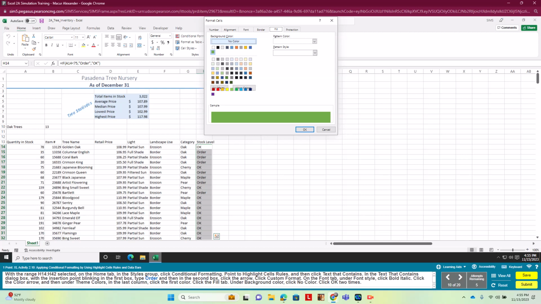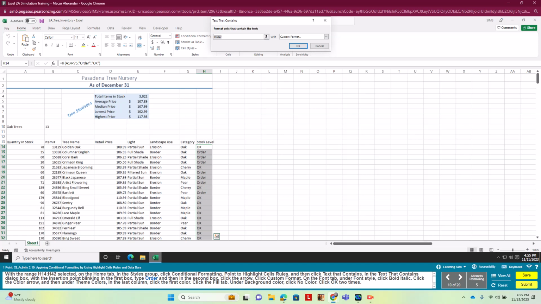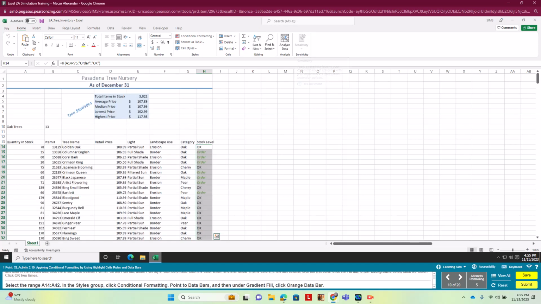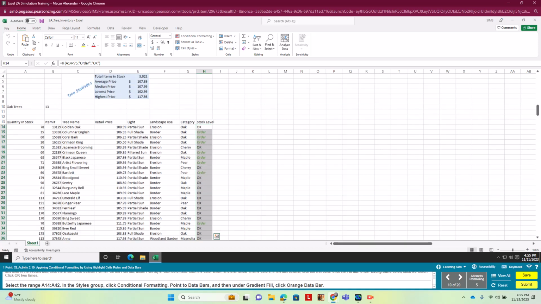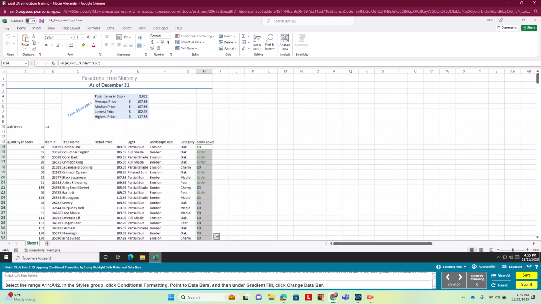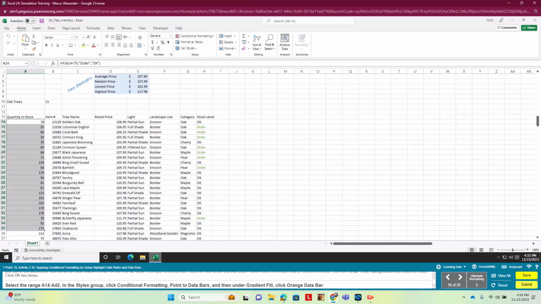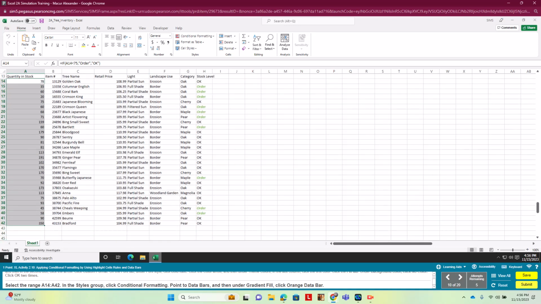Then we're going to go to Fill. And under Background Color, which is right here, we click No Color. And we're going to hit OK twice. And now we see we've changed the color to ones that said order in it. So now in A14 through A42,